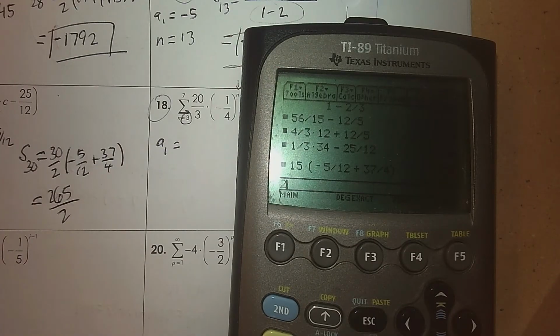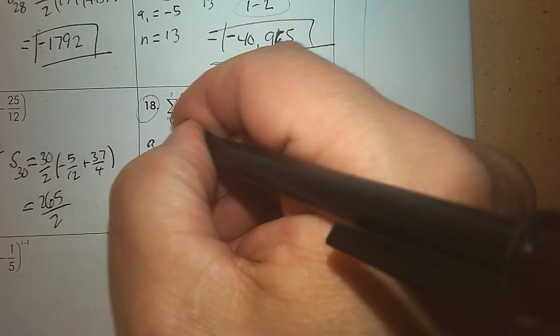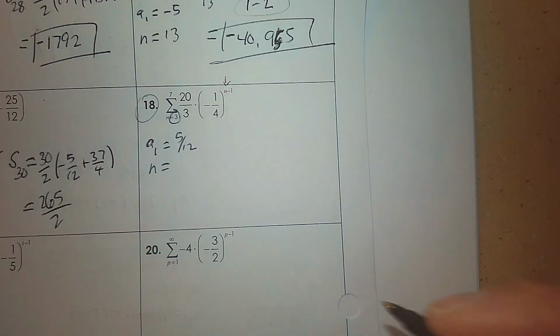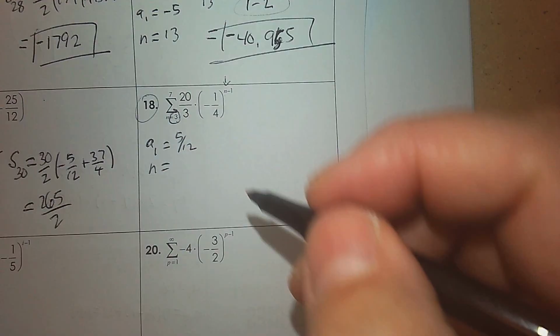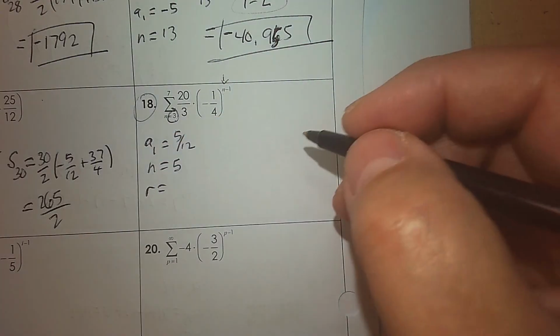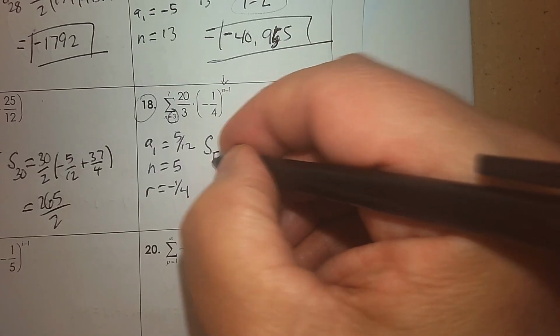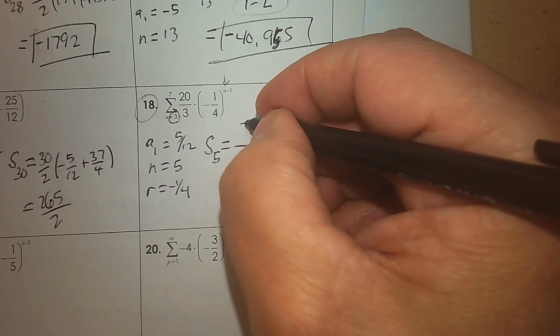So that's 20 over 3 times negative 1/4 to what exponent? 2, right? Did you get 5 over 12? The next thing I need to know is how many terms are there? From 3 to 7. Excellent. And the last thing I need to know is the common ratio. Perfect. So the formula to add up the 5 terms is A1, which is 5 over 12,